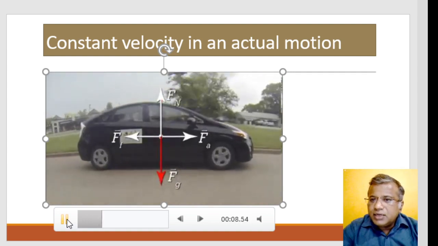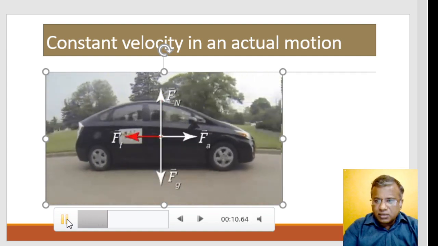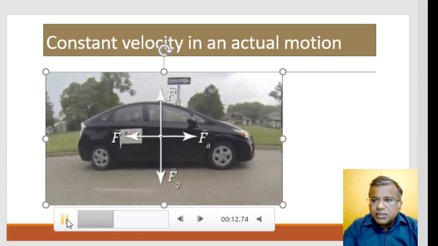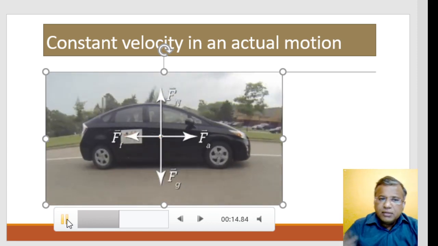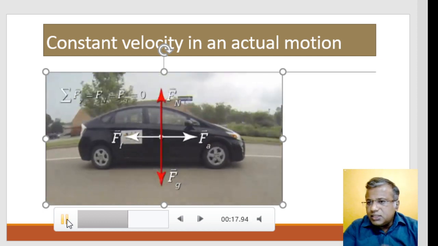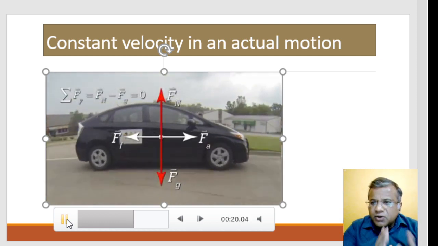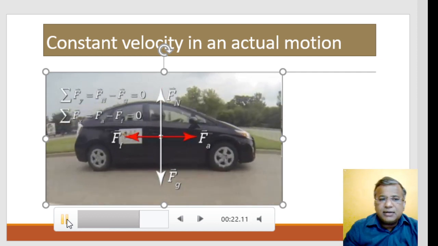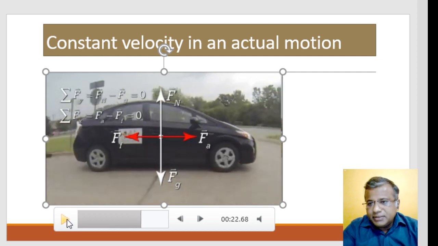Okay, so here, a bit more compared to what you had studied in 9th or 10th, you should understand that the object can maintain a constant velocity. Say you are going in a car with a constant velocity, it doesn't mean that there is no force applied. Practically, now you should be very practical because now you are in PUC first year.